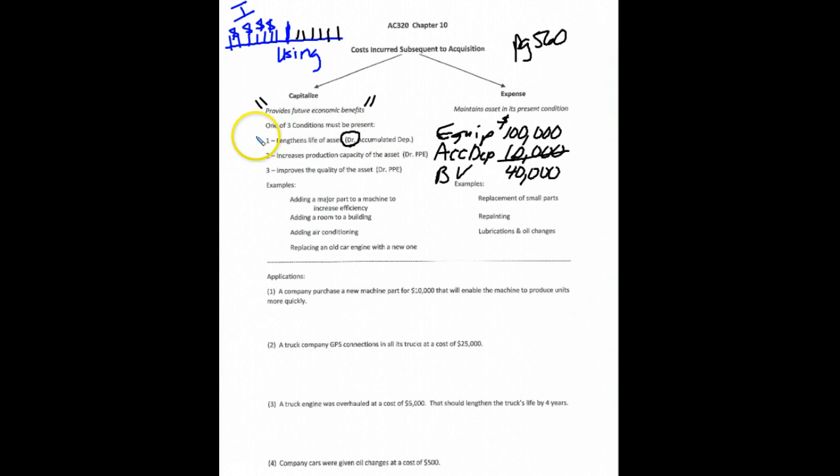So let's say that we spend $5,000 on a cost that will extend the useful life. So what's going to happen is that if we debit accumulated depreciation, that's going to change this balance to $55,000. So nothing will happen to the equipment account. It'll stay at $100,000, but accumulated depreciation will